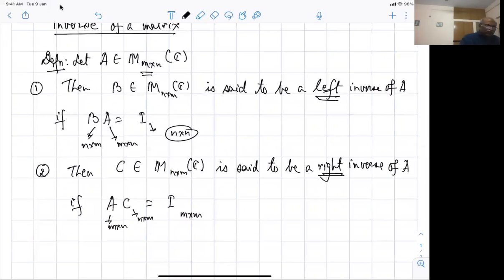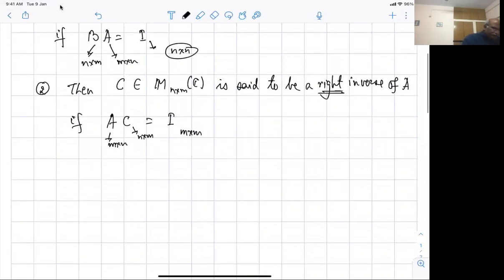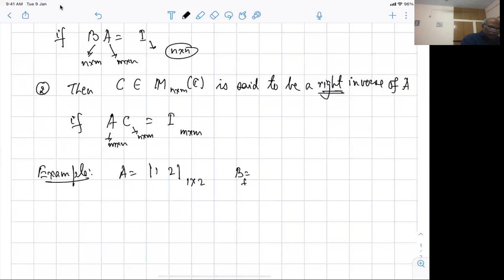All right. So there's a notion of what we call left inverse and the right inverse. Fine. So let's take an example to understand it. Let's take A as 1, 2. Then I can take B to be, so just multiply. A is 1 cross 2. So B has to be 2 cross 1, so that I get a 1 cross 1 matrix. So I need something here, alpha beta here. So it is 2 cross 1, so it should have been the other way around. I wrote it wrongly. So it should be alpha and beta here.